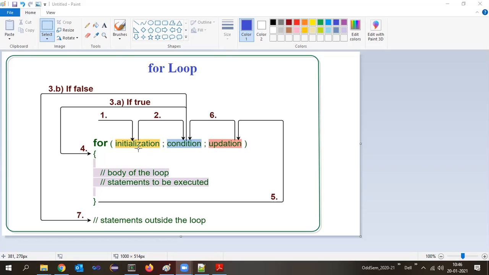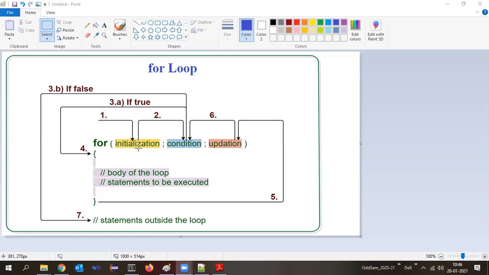Okay. Now, how does this particular for loop work? Now, pay attention. There are certain numbers written here, right? For each of the flows of execution, like the arrow marks whatever are there, for each of these arrow marks, there are certain numbers. Number one means what here? There will be some other statements which will be executed, and once we reach the for loop, we have what? There is a for keyword. There are three different statements: initialization, condition, updation, and then there is a body of the loop. How are these statements going to be executed?